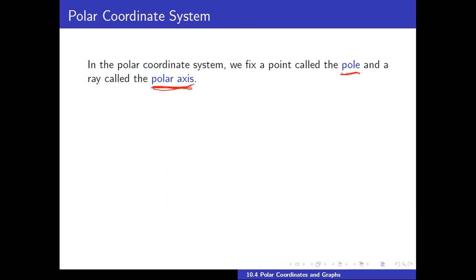Just out of convenience, we oftentimes will just imagine the pole being simply the origin, the same thing that we were using in the rectangular coordinate system. You have rays emanating from this pole at various angles. These rays emanate, that's a fun word. It means come out of, yes? Emanate from the pole